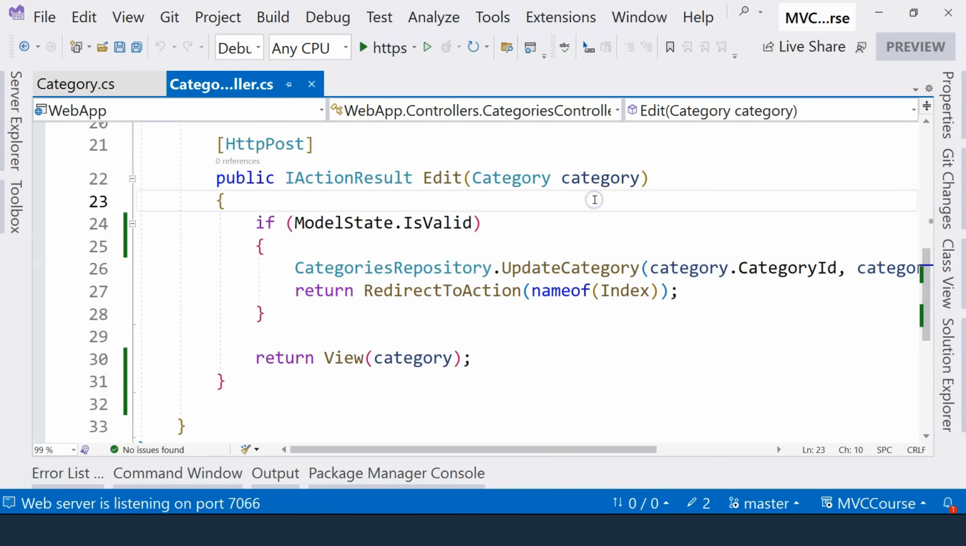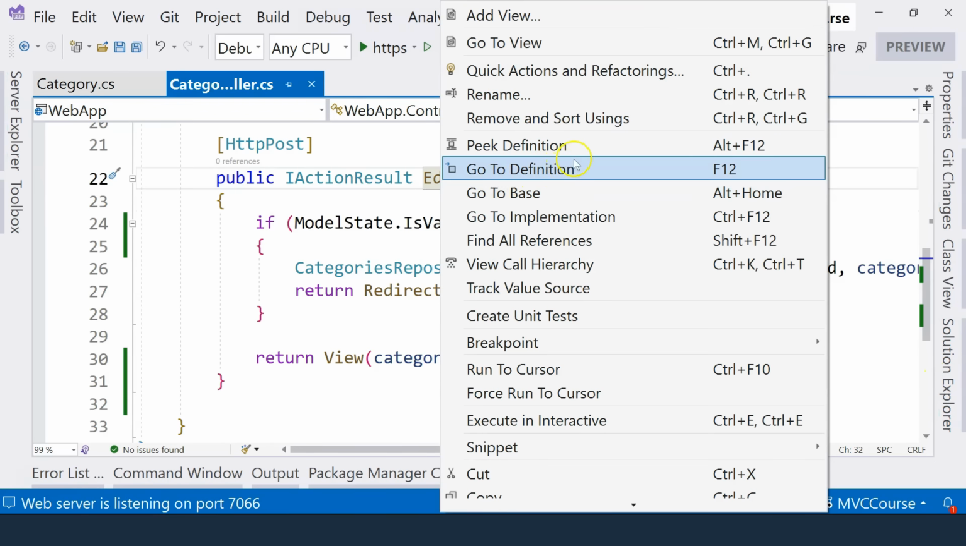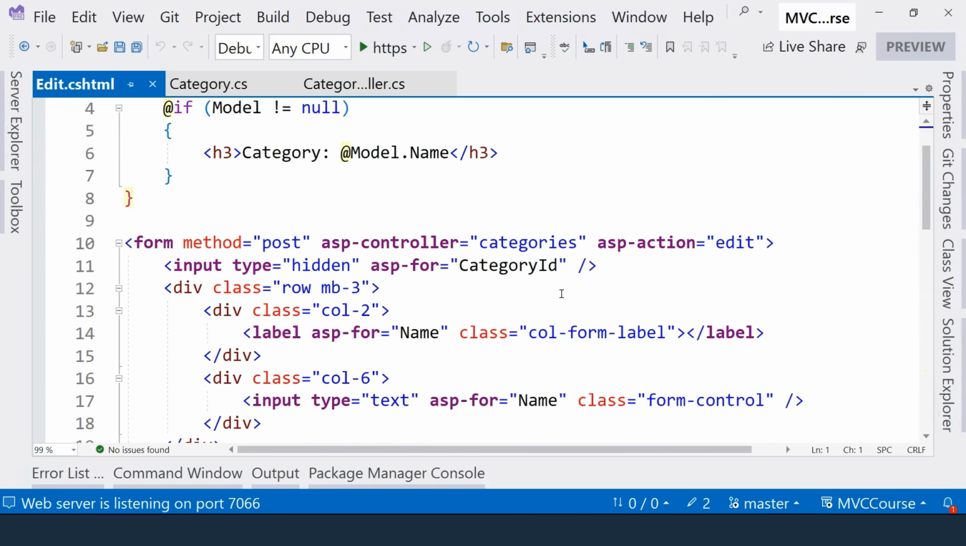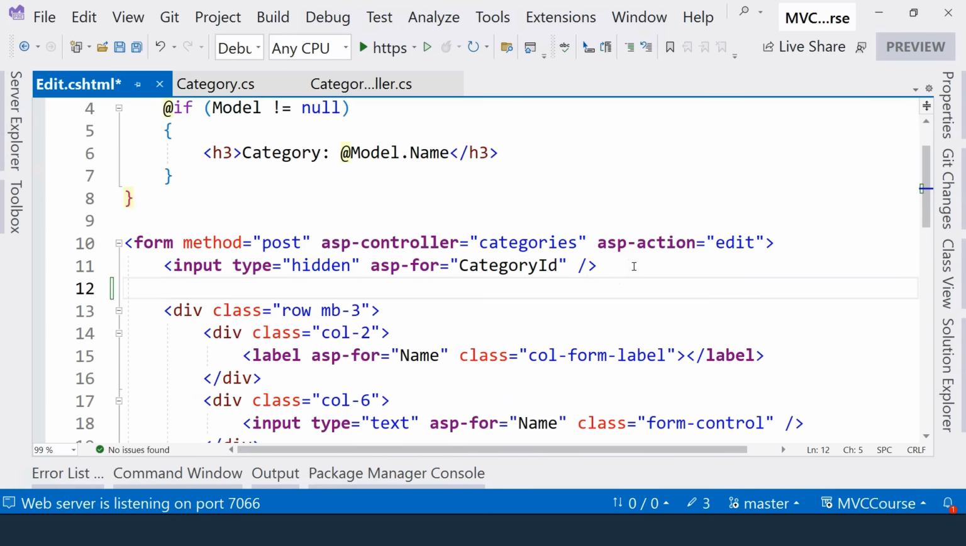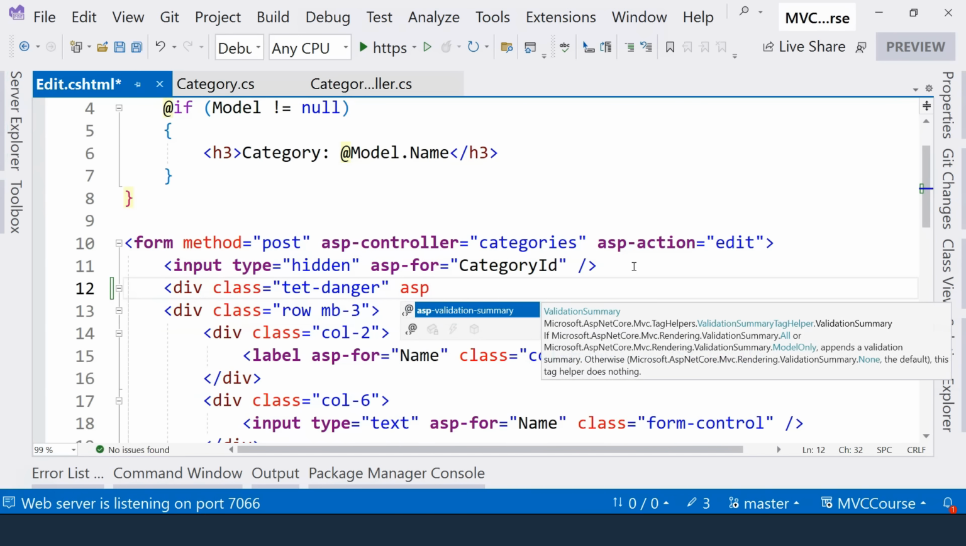Let's jump back to Visual Studio. This time, we need to go to the view. So right-click on the Edit method and click on Go to View here. The view is the place where we can make changes to display the error message. And guess what? We use tag helpers to help us display the error message. So we can have a div on the top, and we can use text-danger to display the error message in red. And we are going to use